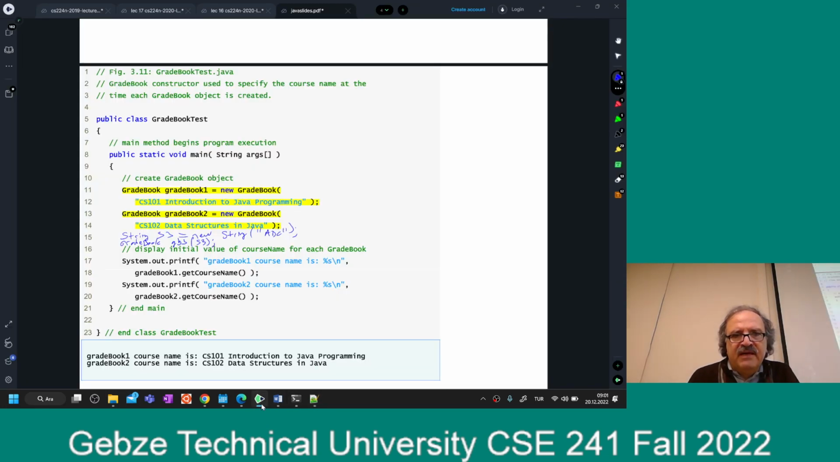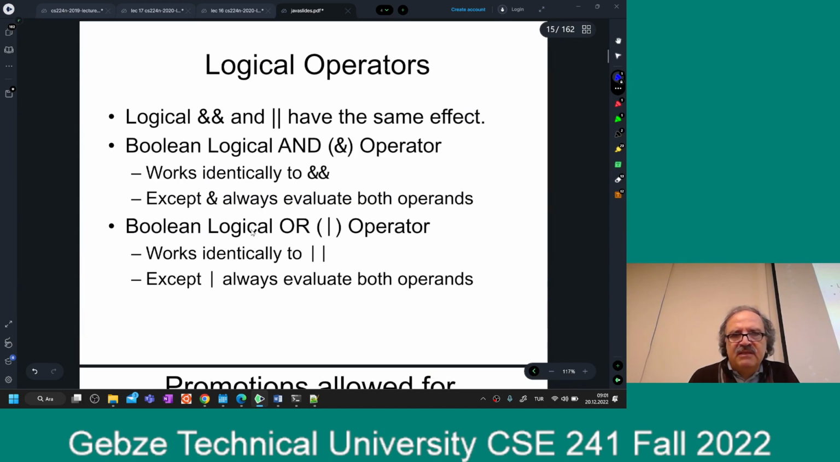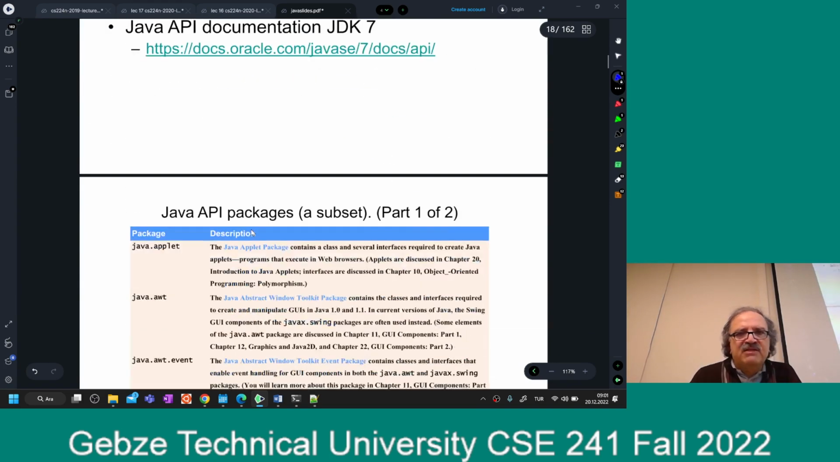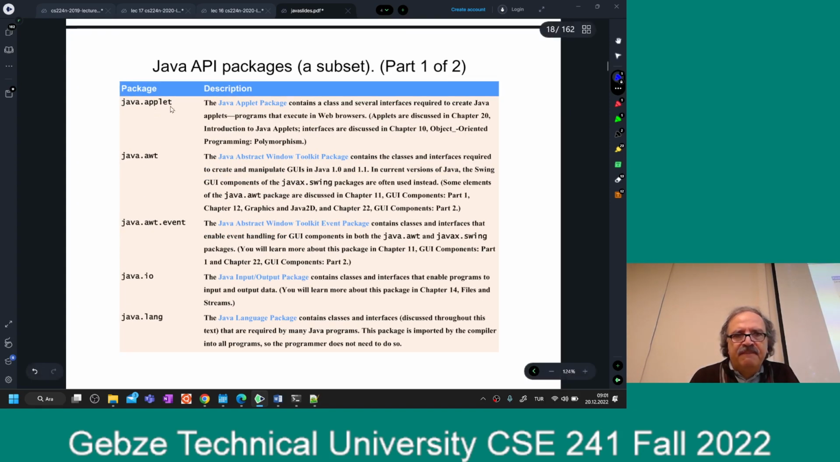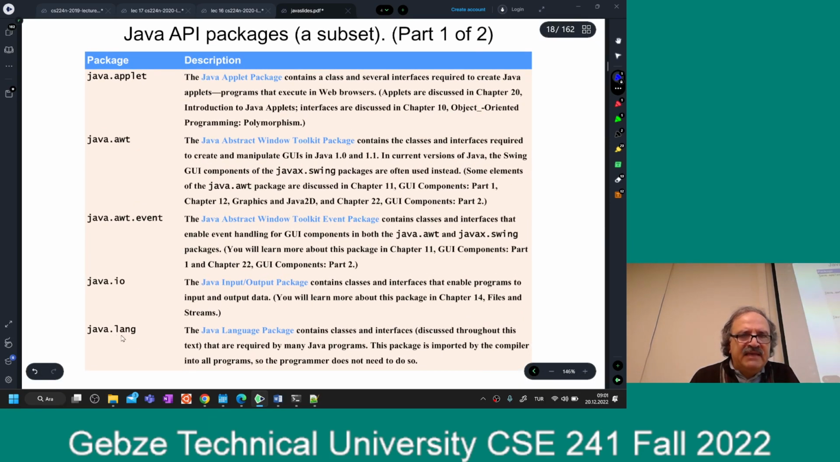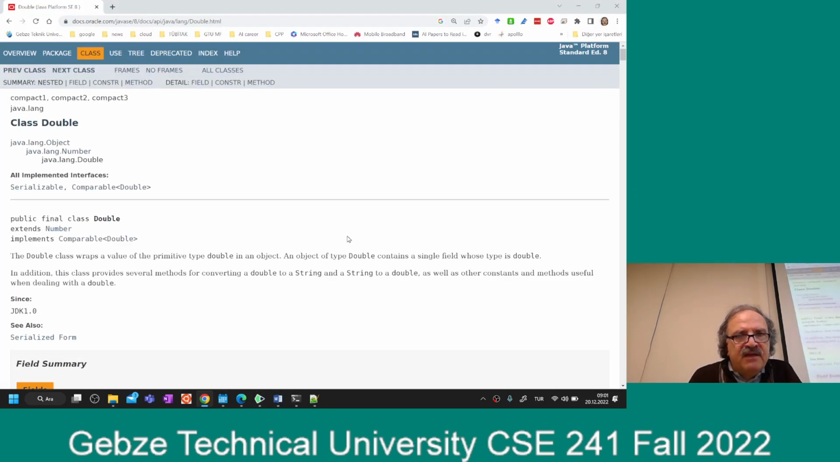Good. Let's go back. We talked about control statements, logical operators, packages. And these are some of the packages. Java Lang is an important one, as I said. You don't have to import Java Lang to use it because it is automatically imported. Some of the important classes, like the String class, are in Java Lang. I believe Integer, Double, and those class versions are also there. Yeah, see, it is inside Java Lang, right? So, as I said, it is an important